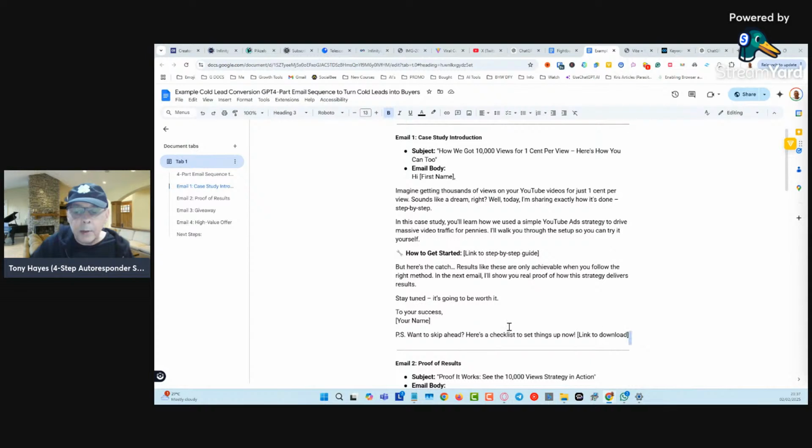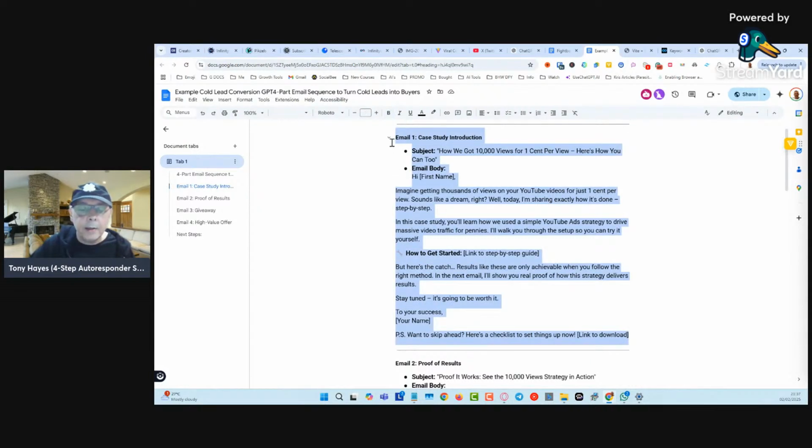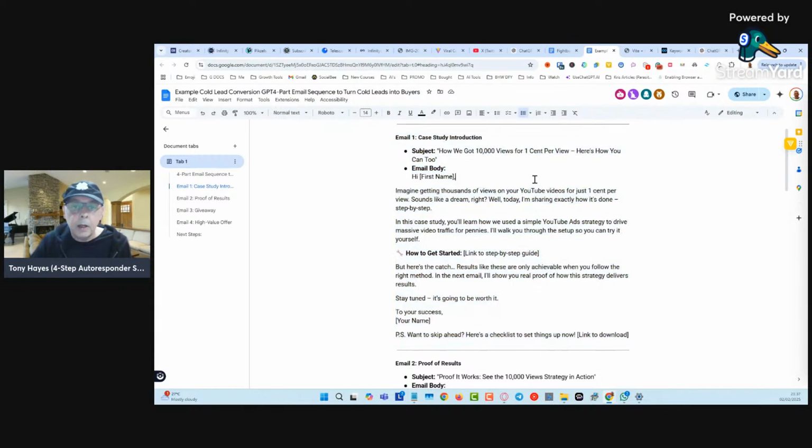Look at how short the emails are. It's kind of good. Now, here's the thing about this. If you use just that short email, it might be enough. But if you really want to cement it, if you can make the effort and the time to do a video, then that's going to enhance the strategy more in the minds of the person who's receiving the email. And that builds up your credibility as well.